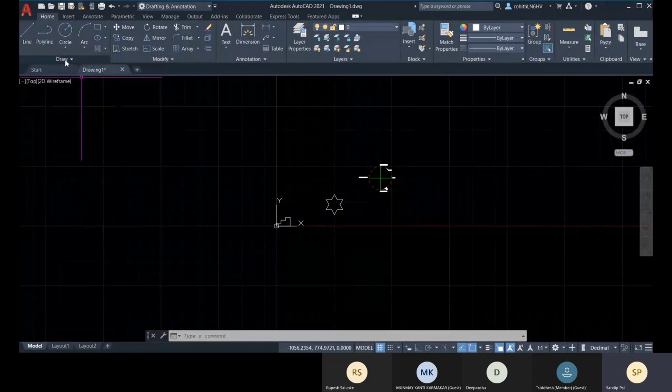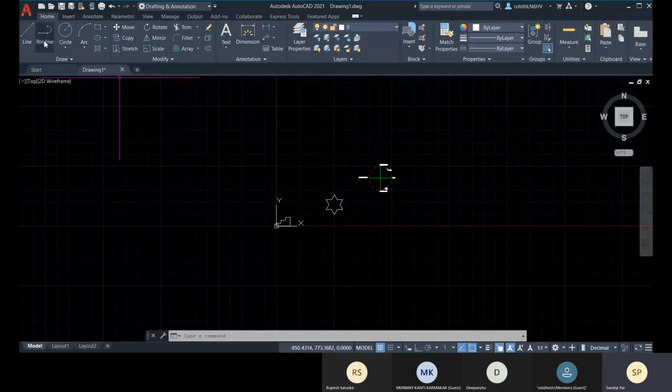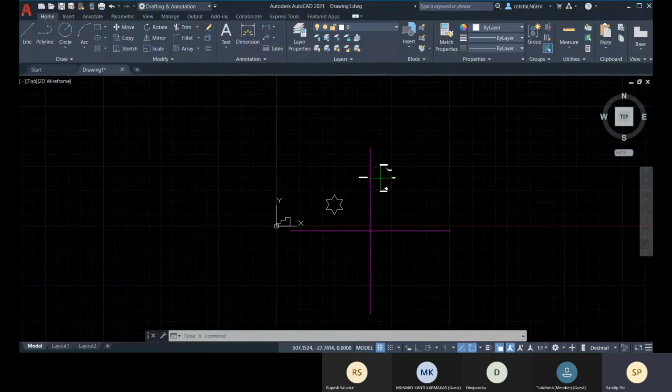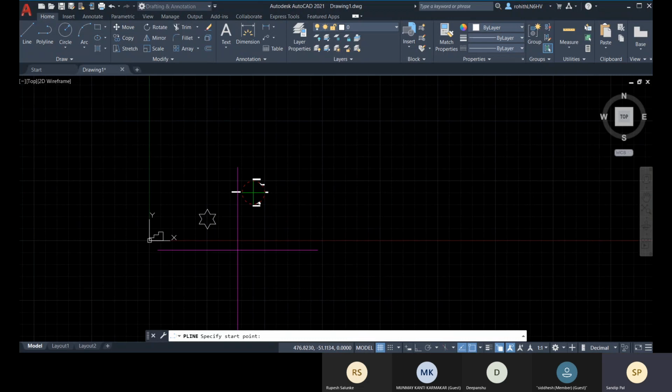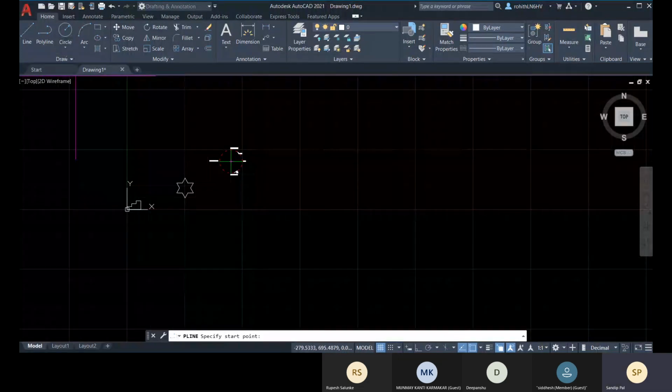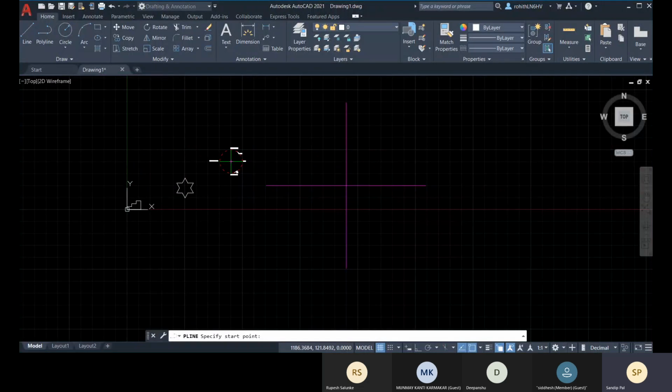Now I will tell you about this polyline option. This polyline can create continuous segments. With the continuous segments you can create a single object, and with the polyline you can create arc as well.